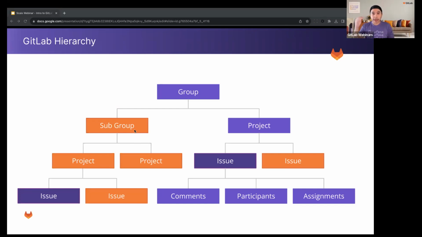So permissions are inherited from the top down. Whenever you add users to the top level group and you assign them to a specific role based on our permissions and role structure, they will inherit that role and the resulting permissions all the way down. So if you're working with the concept of least privilege, you should be focusing on adding your users. If you're adding them at the top level group, you want to give them the lowest role possible that would allow them to do their work, starting with that top level group, and then trickle down,